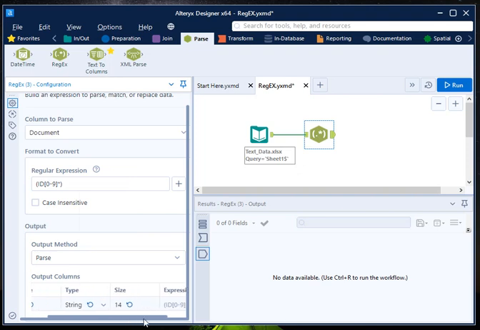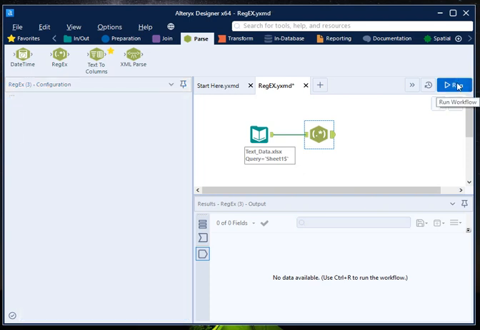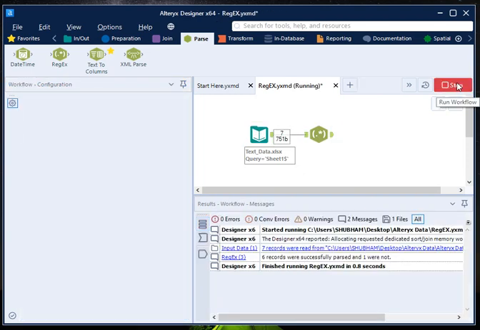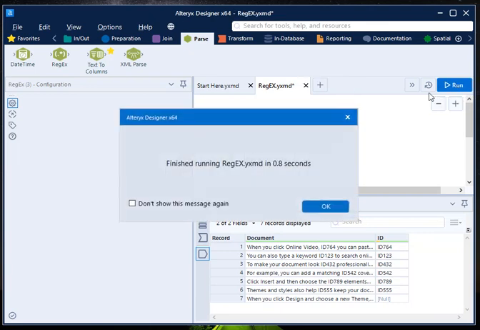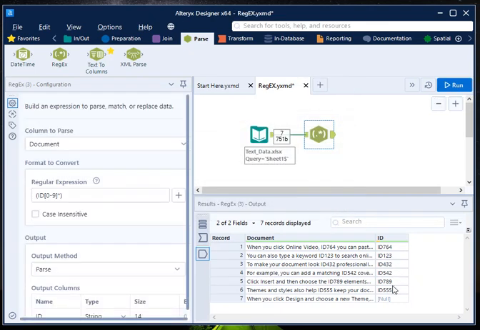Here it is also showing you the expression. Once you click the run button, it will extract that ID into another column called ID, and it will show you the output in the ID column. If you carefully see, this ID column is extracted from here and is present in a new column called ID. If you choose the replace option, it will replace it, so on the safer side, create another column.